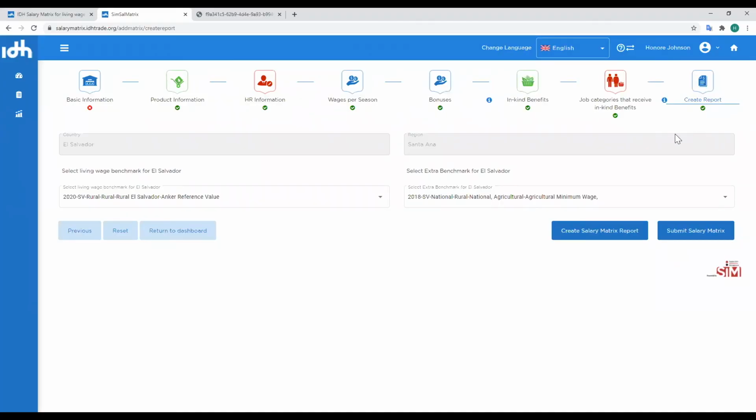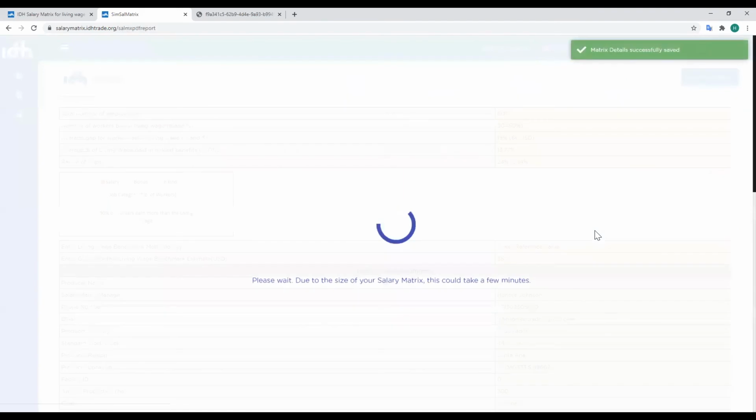Just to mention that your wages, bonuses, and in-kind benefits will definitely be compared against the living wage benchmark, but it's useful to have some extra benchmarks just for reference when you create your report. Once you know everything has been completed, you can click Create Salary Matrix Report, which will open up your results